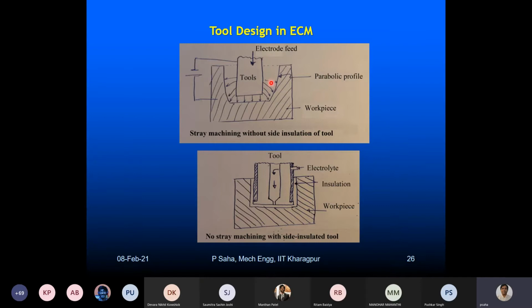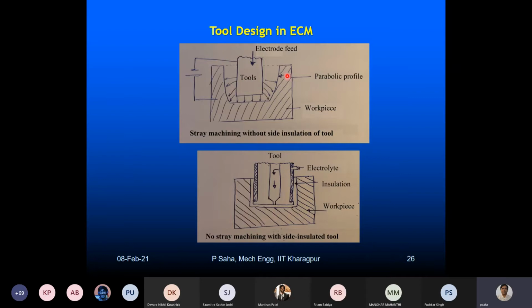Okay, and because of that, there will be some side machining. So if you consider any portion of the job, say for example the top portions, we have to look at how much it has been exposed to the side, and for how long. If it is half an hour, side machining will be more. If it is 15 minutes, side machining will be relatively lesser. If it is just a few minutes, side machining will be very less.